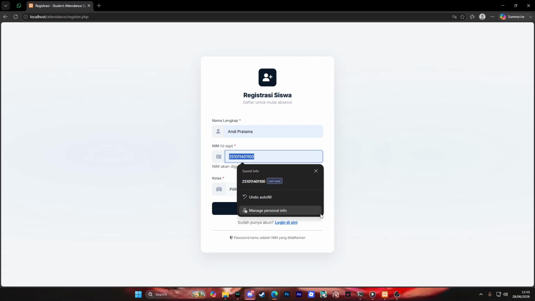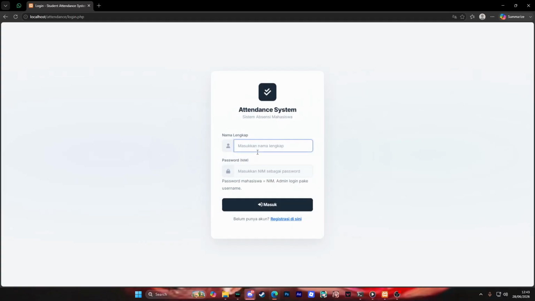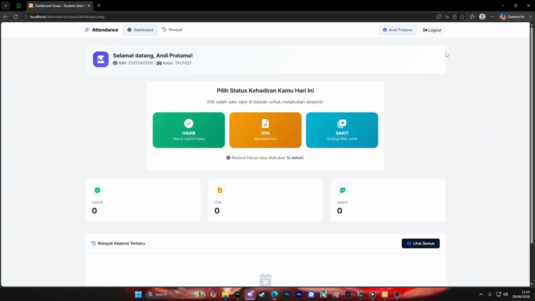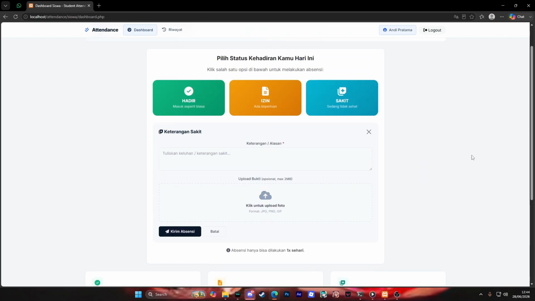There are 3 attendance options. Present: attendance is recorded instantly with a single click. Permission: the student must provide a reason and may upload a supporting photo.